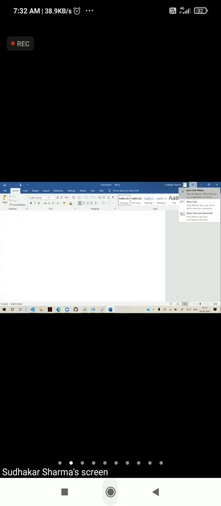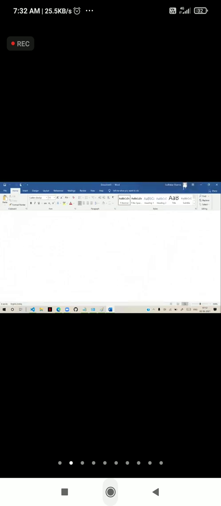In this MS Word software, we designed something. We are creating some options. Suppose I designed a document, a page with 10-20 pages of project documentation.